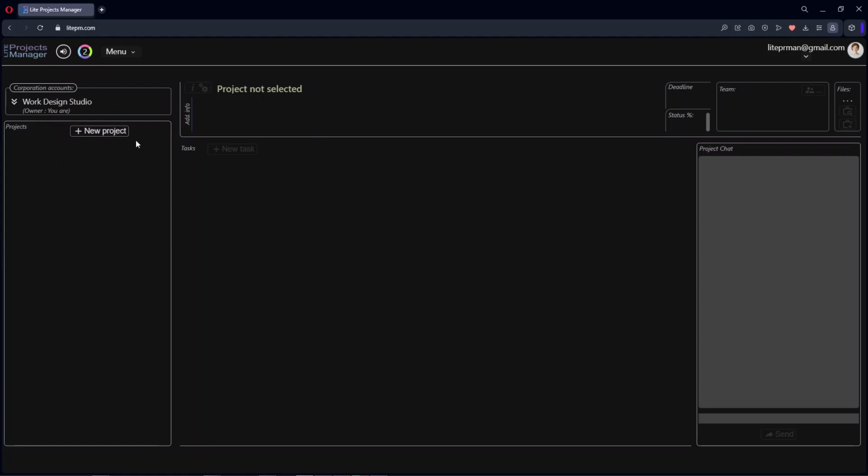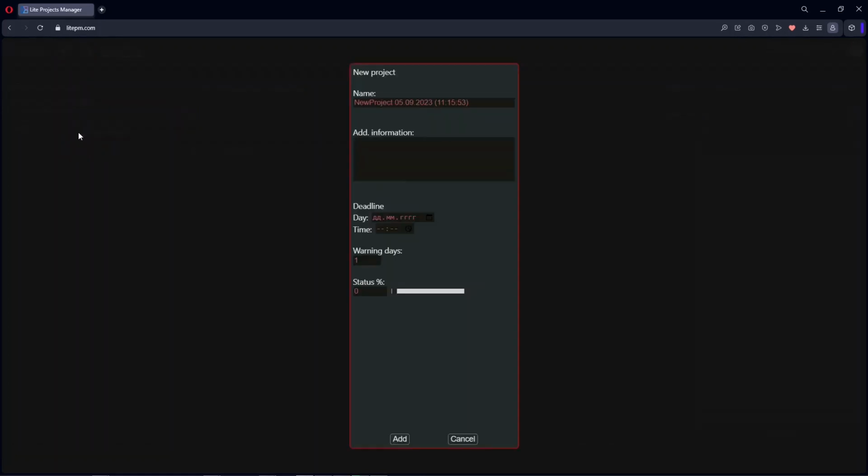Within each corporation account, we can create projects. Projects can actually be individual orders, individual clients, individual developments, etc. Let's create a library design project inside the Work Design Studio corporate account. Change the default name. In the additional information field, we can indicate, for example, the name of the customer. Alexander, contacts